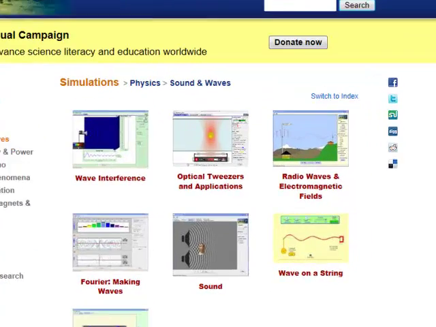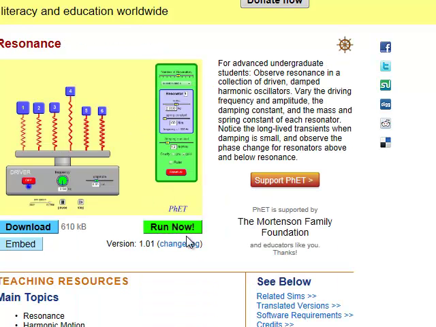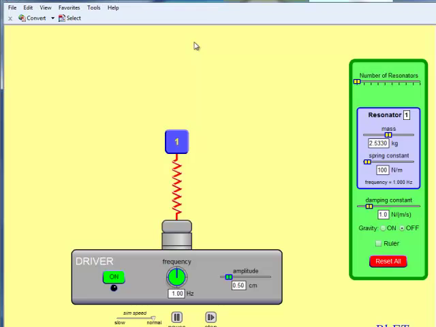For beats, I'm going to go to a PhET applet that is called resonance. For some reason that is in motion. I guess these springs are moving here. The concept mostly stems from sound, but if you imagine that these are shock absorbers, then you can see that, yeah, typical springs do that too. Resonance. I actually don't want to use this for resonance, but as I said, for beats, you can see here,